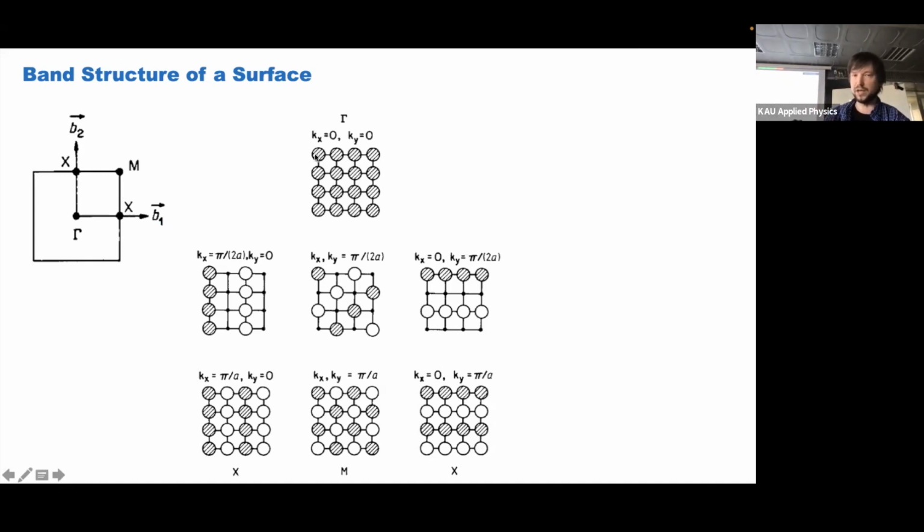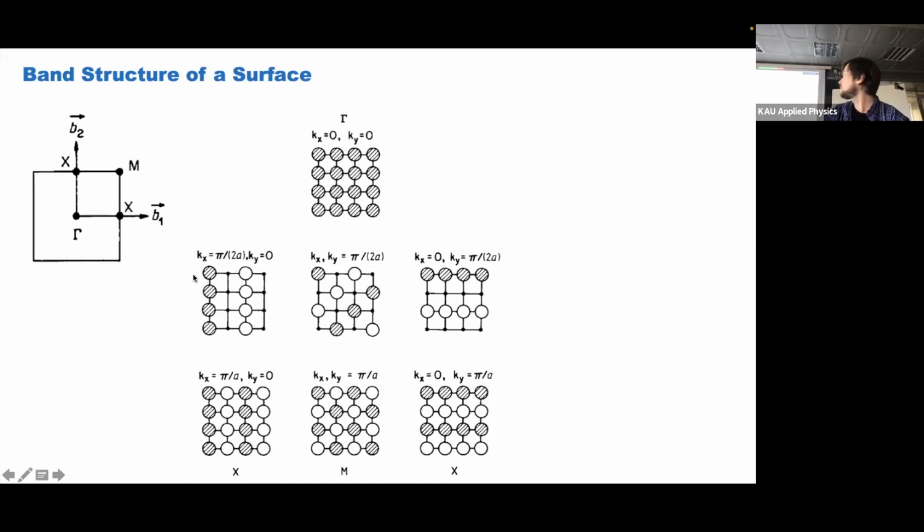It represents lower energy state, and this white circle represents higher energy state. So bonding and anti-bonding. For the center of the Brillouin zone, we have all dashed states. So we have all states with low energy, and that's why for this simple case, the gamma point will also be the minimum of energy. Then at the borders, in